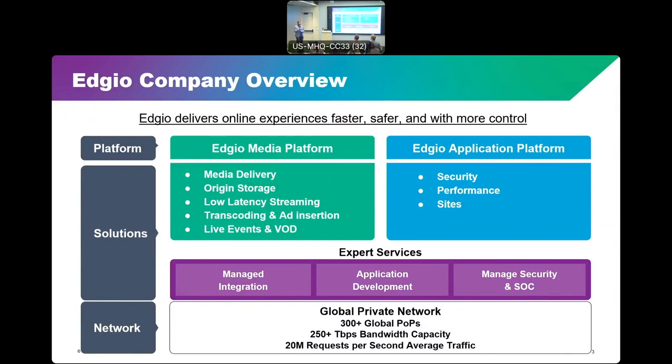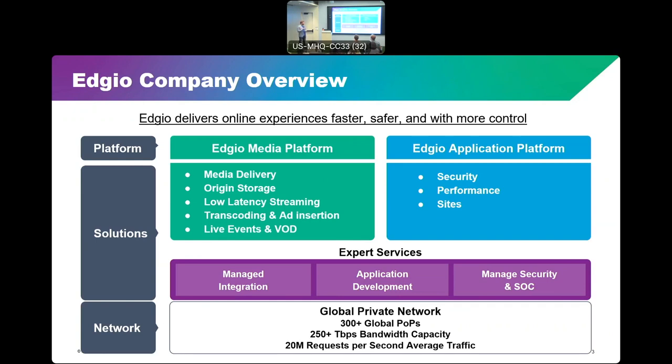We've got that network, we've got platforms and other services and systems that make it easier to do these things in two main areas. One of those is media. So when you think about media like Disney+, streaming services, Netflix, we can use our network to help those companies get the content to their customers. And ultimately, we're trying to help them have a better experience for their customers because we get it to them with lower latency, faster, and more consistency and reliability. You can use the same technology to enhance web applications and websites.